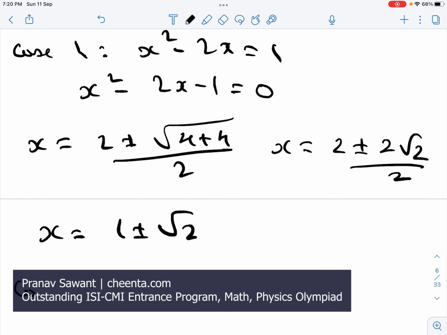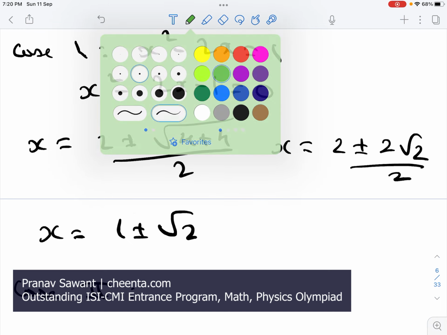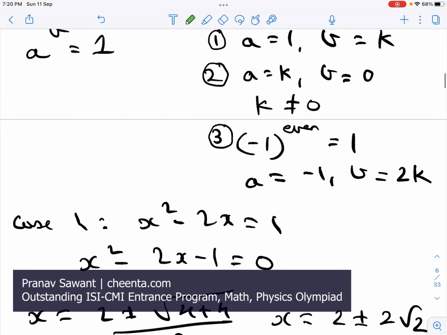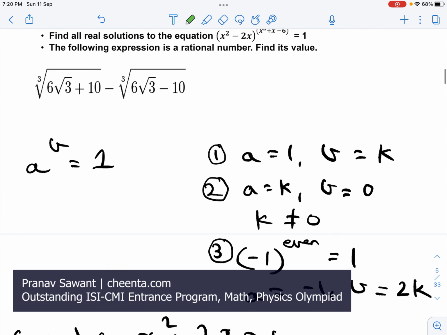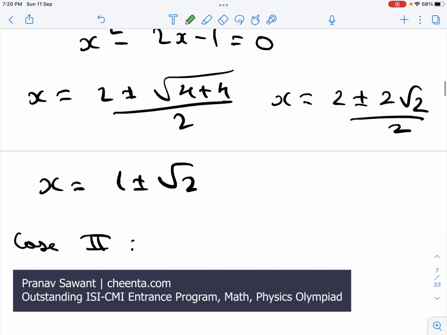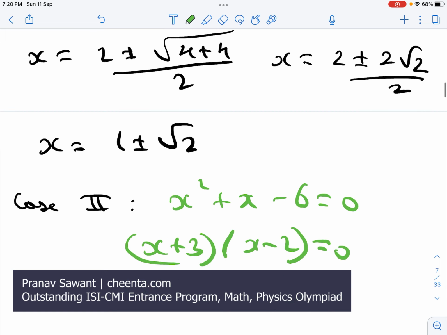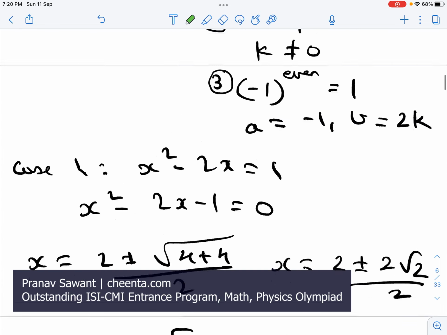Now we have case number 2. For case number 2, we had anything raised to the power 0, provided that anything is non-zero, right? So x squared plus x minus 6 needs to be 0, and you can just easily factorize this. x plus 3 times x minus 2 is equal to 0. So we get x equals minus 3 and 2, but we had the condition that a cannot be 0,